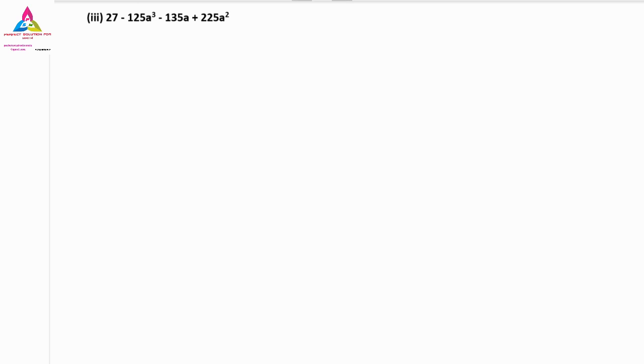But if you see it correctly, this 27 is a perfect cube. You can see it is in the form of two terms, two different things, like x and y. Why am I saying that? Here we have four terms in total: 1, 2, 3, 4. This one is negative, this one is negative, and the last one is positive. And one term is having the cube.